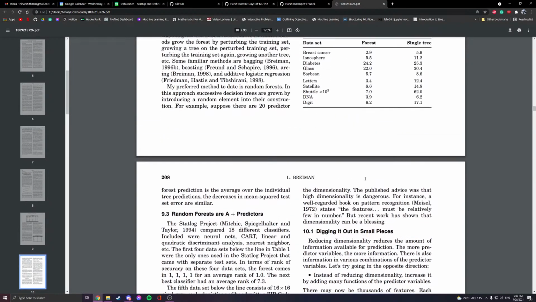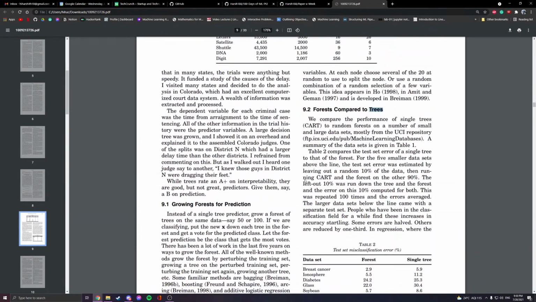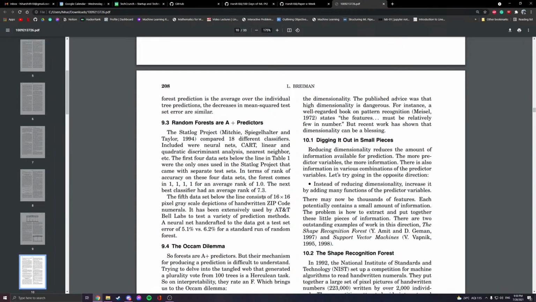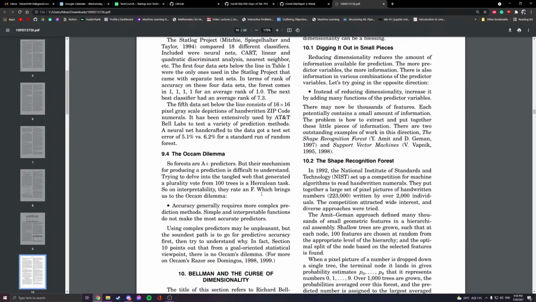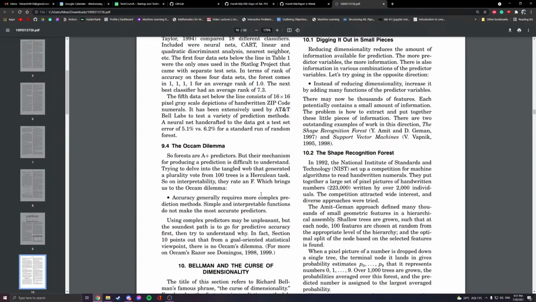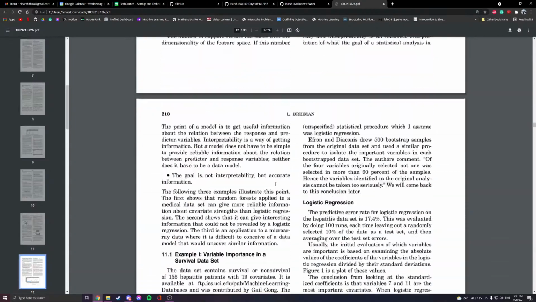But what takes a hit is that it's not as interpretable as a single tree anymore. Trying to analyze a random forest is going to be much more difficult. And when we increase the complexity to a neural network or a deep learning model, the ability to actually understand what's going on in this black box becomes almost impossible sometimes. So we usually don't understand what's going on with these highly complex models. I think that's what he's trying to get at in the next few sections.